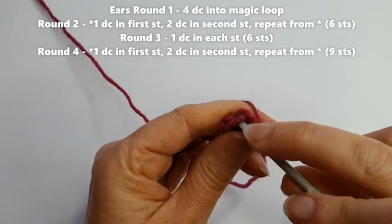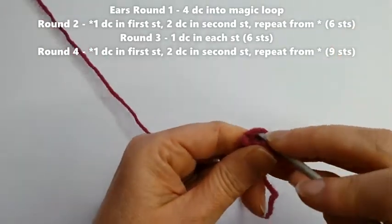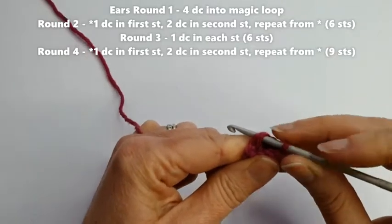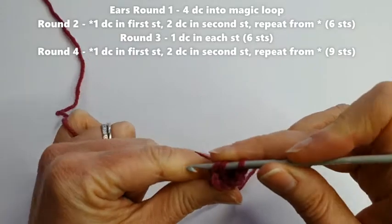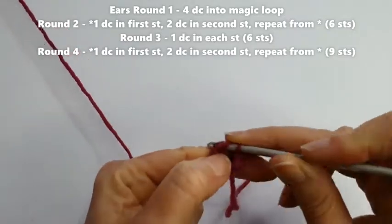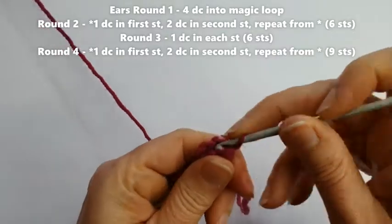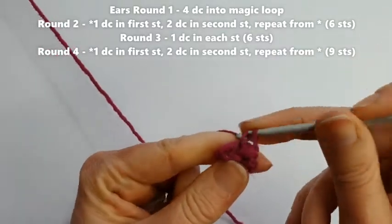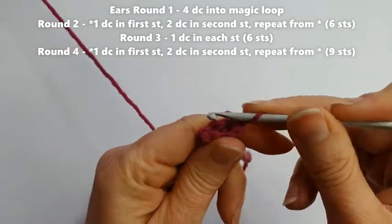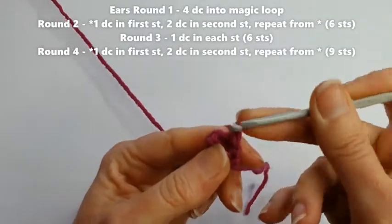So for round 3, I'm just going to move that to the side, put my hook under both parts of the V. So for round 3, we're just going to do 1 in each stitch. So there's 6 stitches in round 3. So 1 in the first stitch, 1 in the second stitch, moving it around each time, 1 in the third,